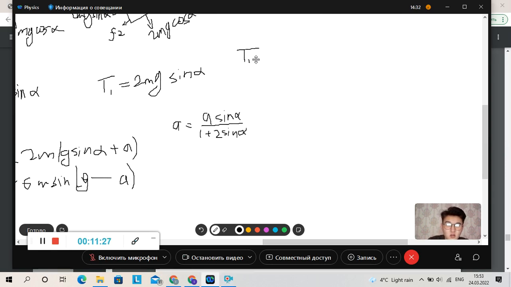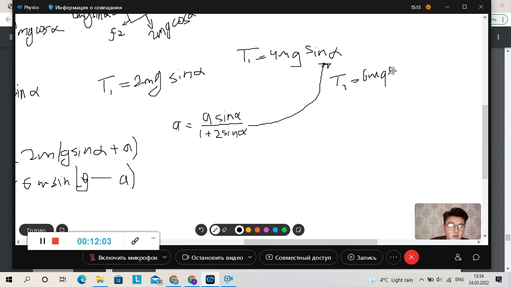Okay, tension 1 is equal to the 4 mg, because this m doubled, 2 mg sinus alpha, and we have to the right to this with multiply, and the tension 2 is also like this, but we have the 6 mg and sinus alpha. Okay,